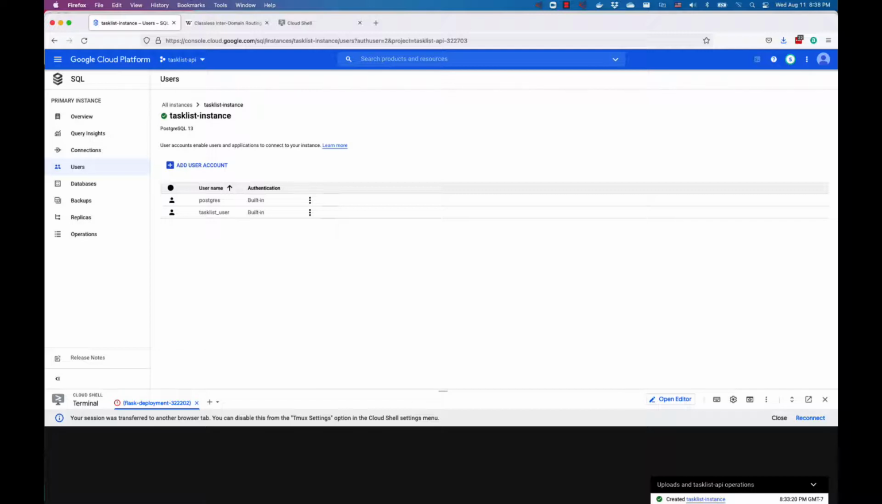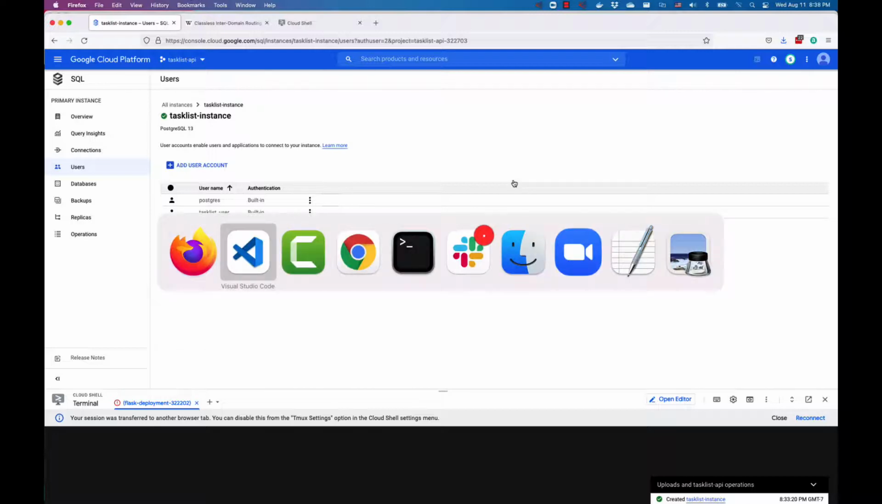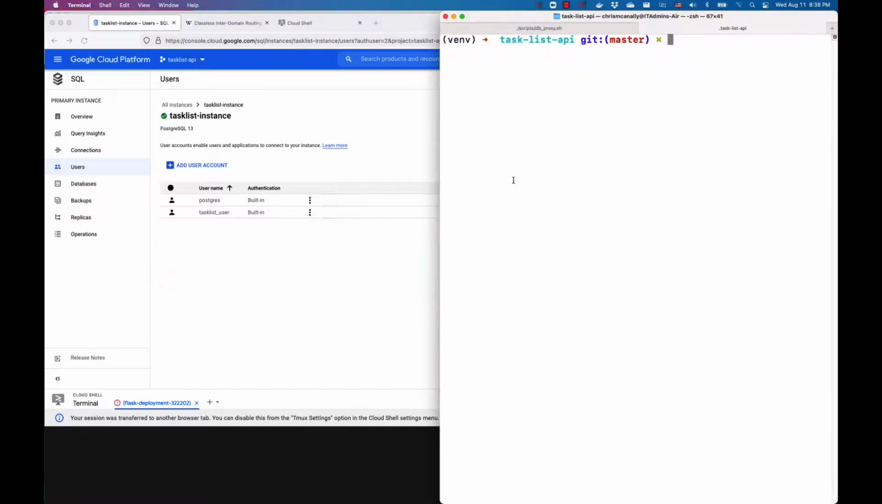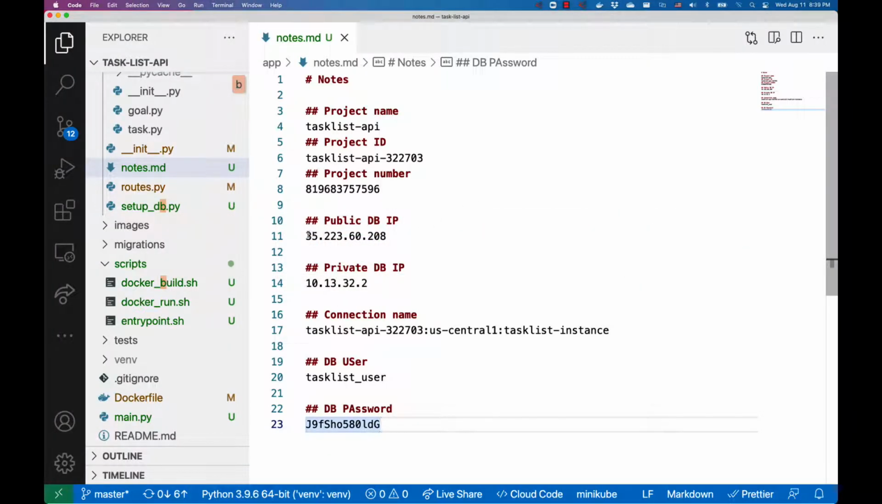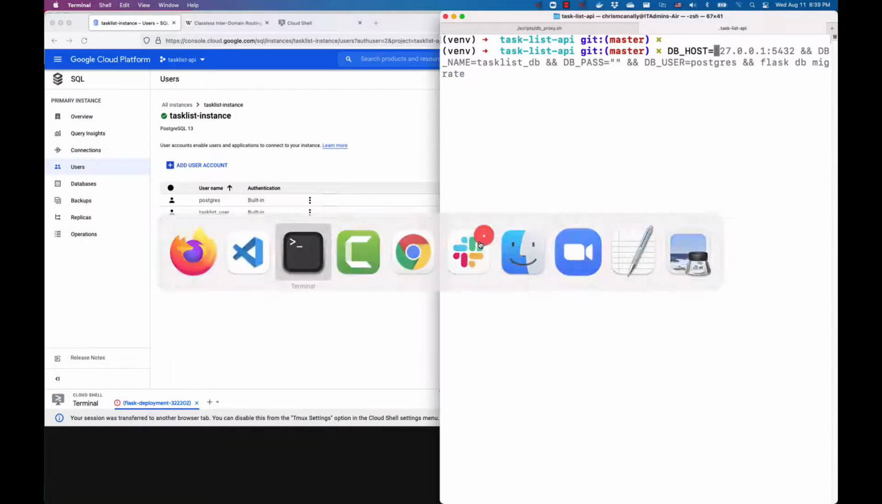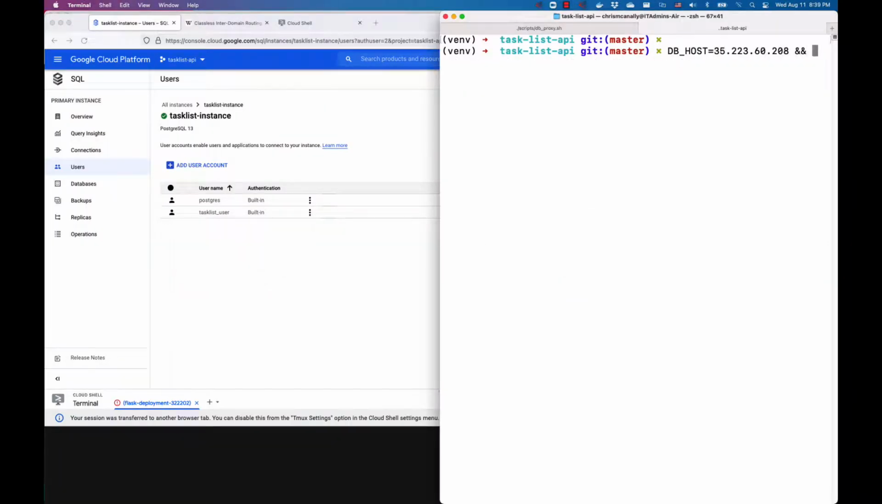So now we want to be able to see if we can connect to Google Cloud from our personal computer. So I'm going to come in here and say, I'm going to run it even without Docker right now. I'm going to say db host equals, and I'll grab my public IP, and db user equals,